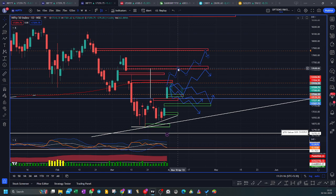Then I'll be waiting for 17,600 levels. At 17,600 levels, I'll close my long positions which I have already taken this week. So I'll be closing them at this particular place, 17,600 levels, and then I'll be booking and taking a few short bets at this particular place. After this zone is crossed, I'll be very cautious taking other long positions here,